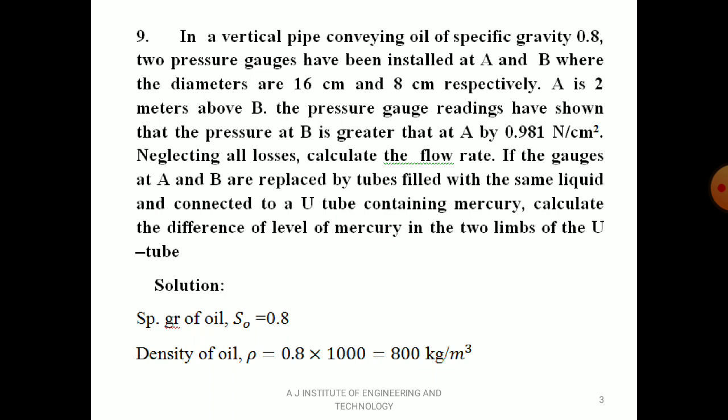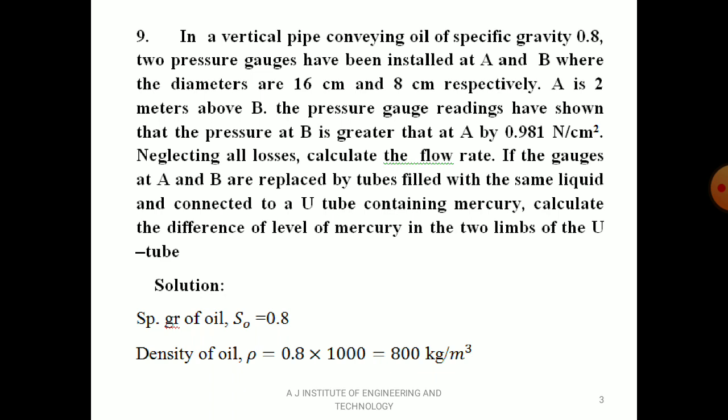If the gauges at A and B are replaced by tubes filled with the same liquid and connected to a U-tube containing mercury, calculate the difference of level of mercury in the two limbs of the U-tube. If we replace the pressure gauges by a U-tube manometer, what is the reading of the U-tube manometer, that is the difference of level of mercury in the two limbs, that is the X value you are supposed to find. So there is a second case. First case is related to the venturimeter having pressure gauges. Second case, the venturimeter fitted with